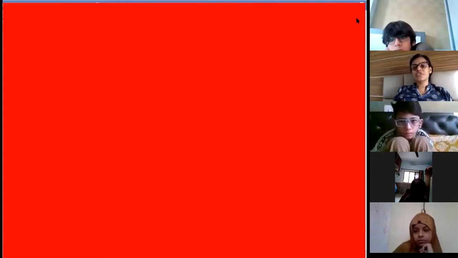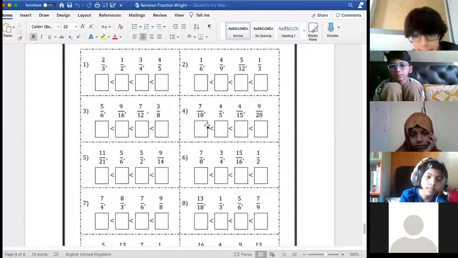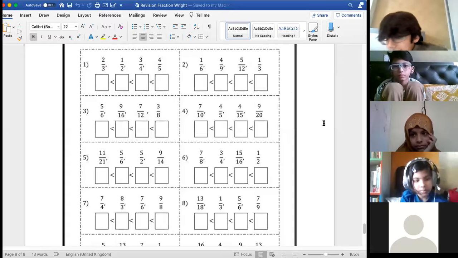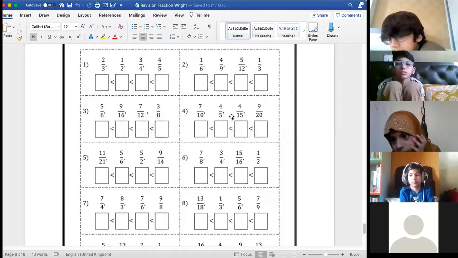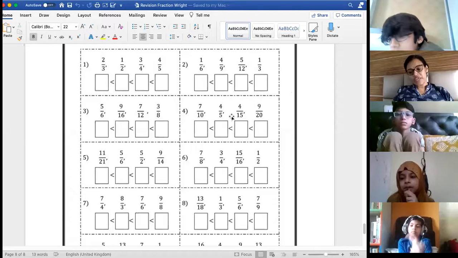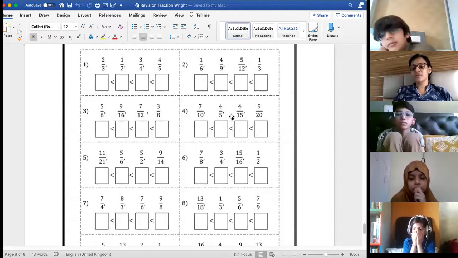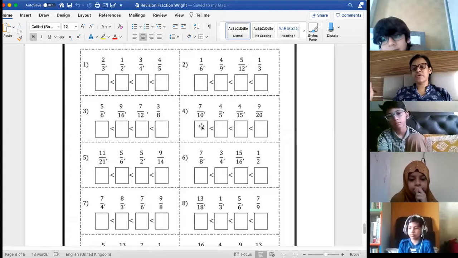Ma'am, can you disable annotation? I'm doing it. Then, ma'am, if it is like 2 minus 2 plus 10, first we'll do 2 plus 10. Correct. Then we'll do minus. Otherwise you will get confused because you have not done it. Ma'am, in the last question which we did, the first number, 6 upon 24, didn't have any sign, so it will be positive. Yes, no sign means positive. If anything is written like 6 minus 2, that means 6 is positive and 2 is negative.